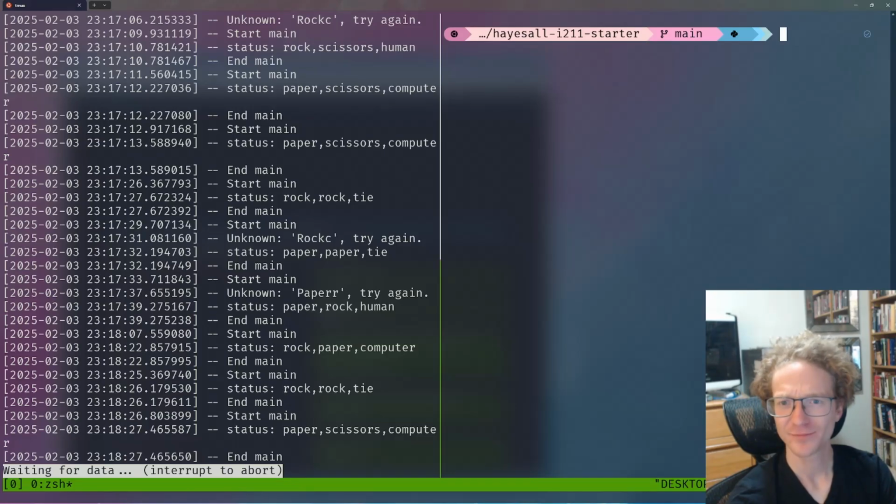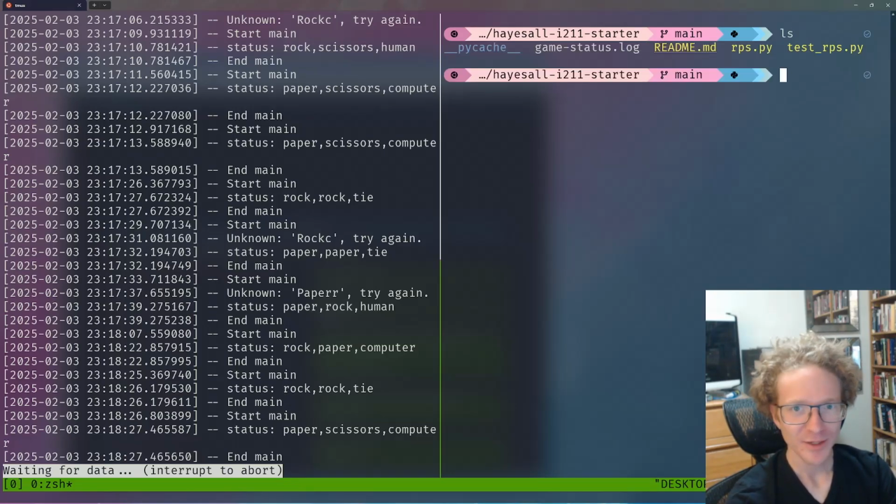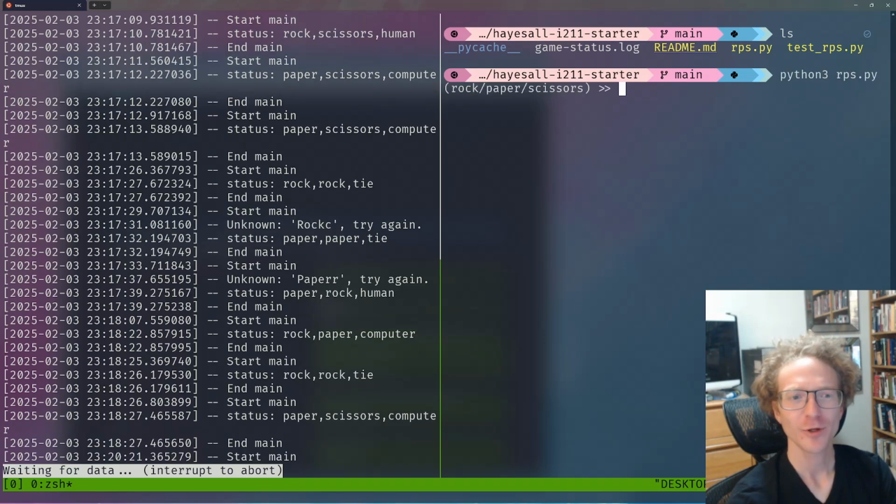Hello, i211. So last time we implemented this rock, paper, scissors game. It was a little bit rudimentary, but we were communicating all of our output to the user through a series of print statements. So this time what I want to get practice with is, notice I still have my rock,